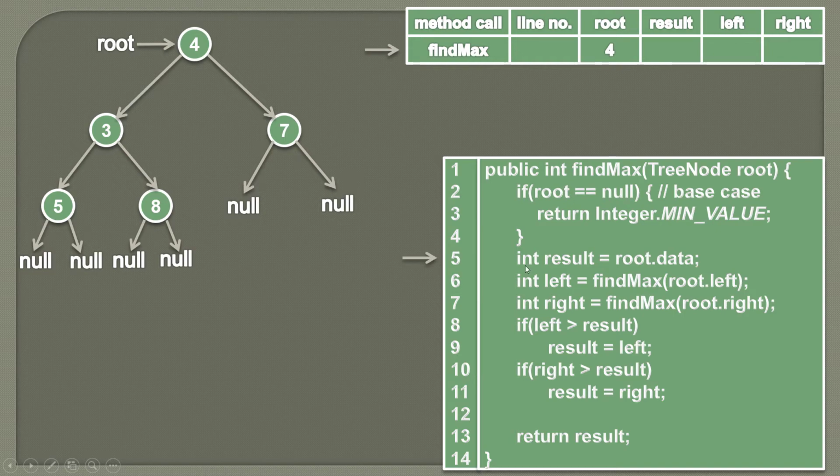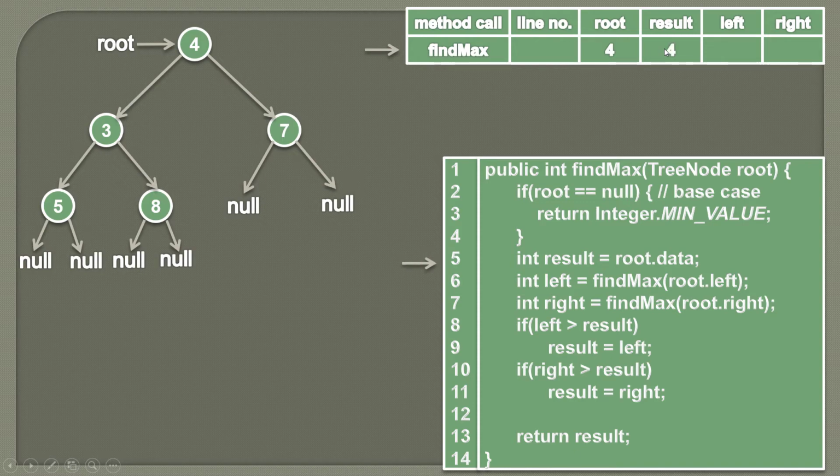Also friends, we discussed the idea of how we can find the maximum value of any node and its left and right children: finding the maximum value of its left subtree, finding the maximum value of its right subtree, and comparing it with the root's value. So these three lines will do that. In the result, we are simply storing the root's value. So here in the result it will be coming as 4.